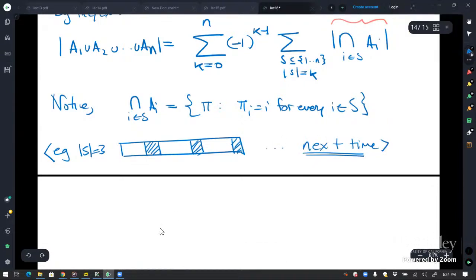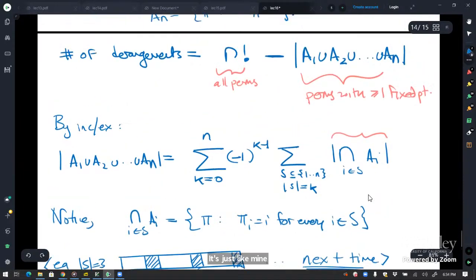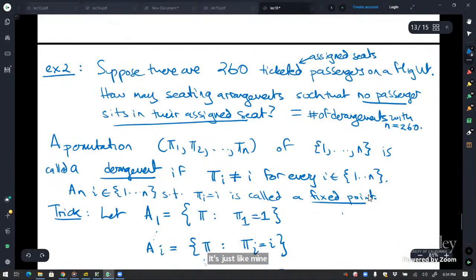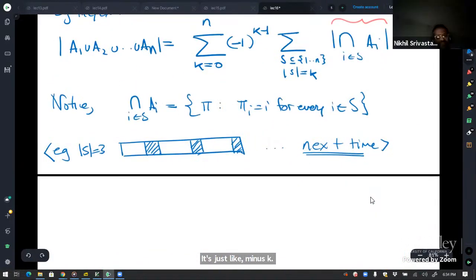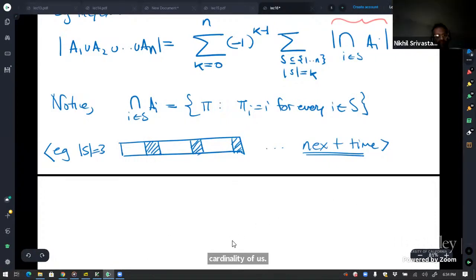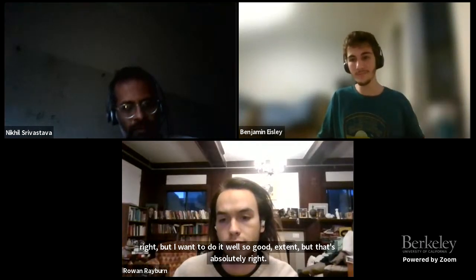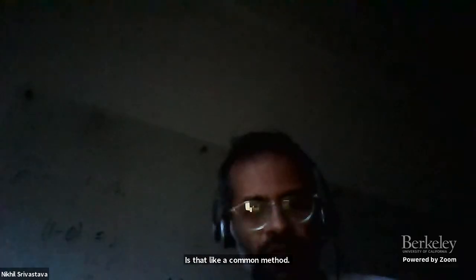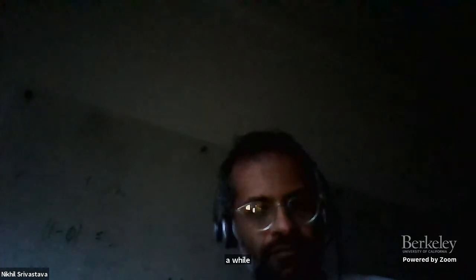It's just n minus k factorial. Yeah, it's actually just n minus the cardinality of S, factorial. That's right. But I want to do it well, so I'll do it next time. But that's absolutely right. Is that a common method? What, this calculation? I mean, n factorial minus the